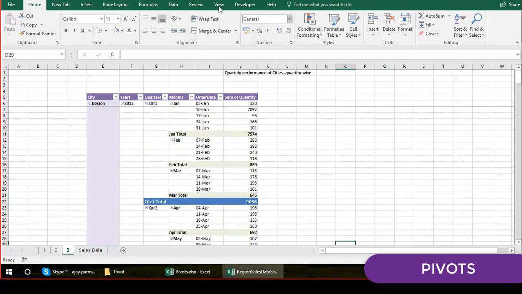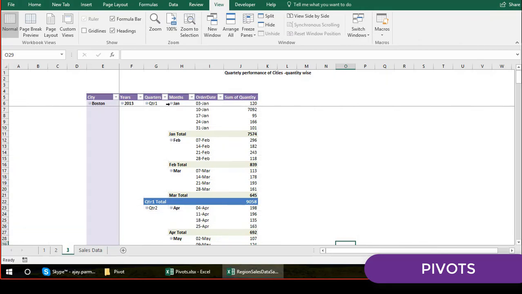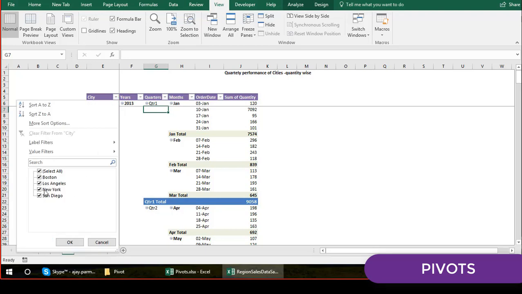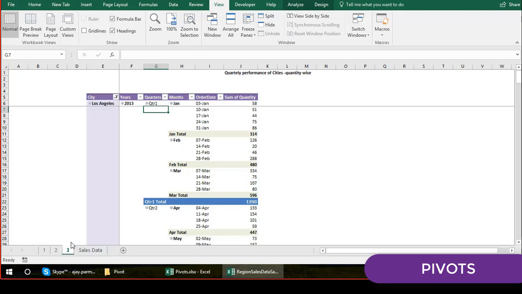We can go and remove the grid lines also. We can freeze this. Freezing is already done. So now you have the perfect data, right? So if you're interested in looking at the Boston, Los Angeles only, you can go and uncheck that. If you're interested in the Los Angeles data only, you can go and check that, guys. So you'll find all the years performance, right? And if you're not interested in the date, for example, no problem.